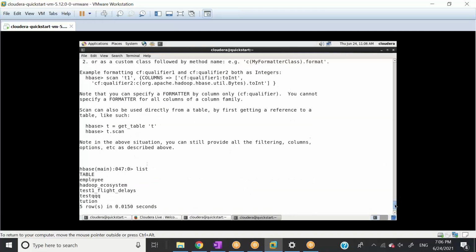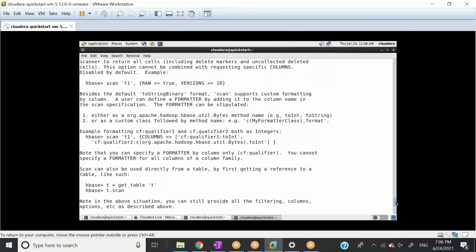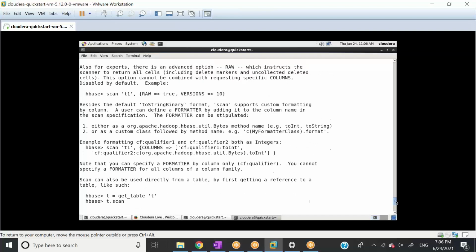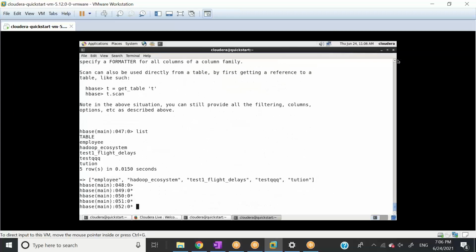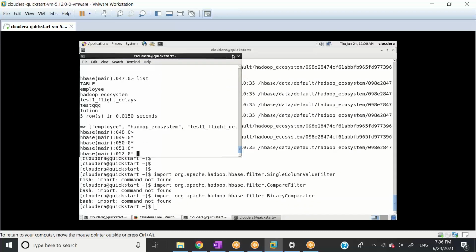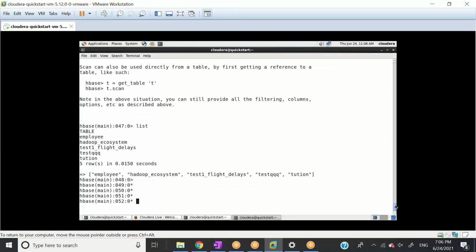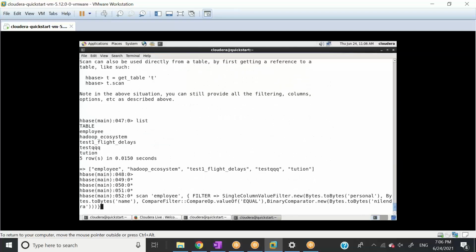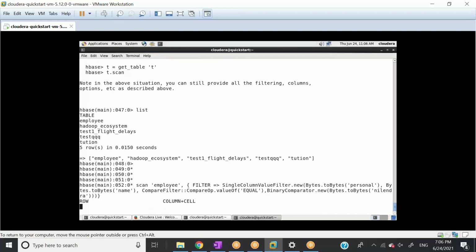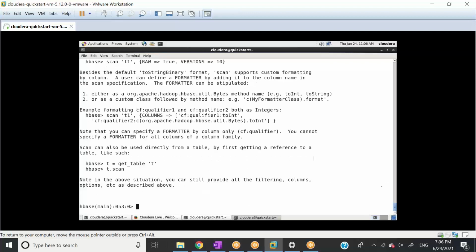Let's see quickly what the error is. Let's see the command first. This command should work.